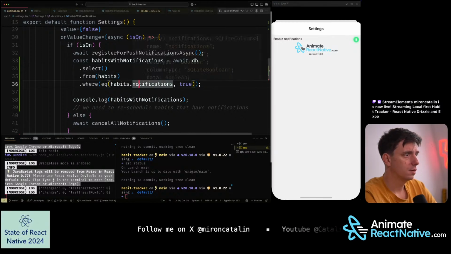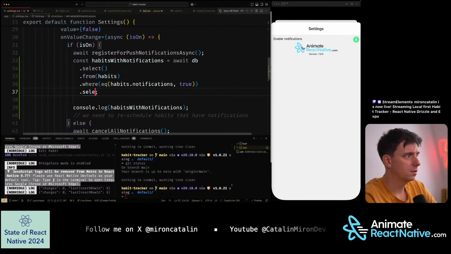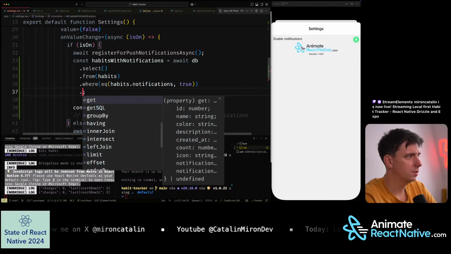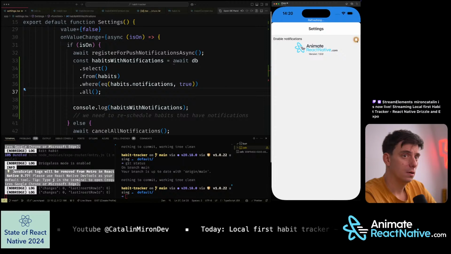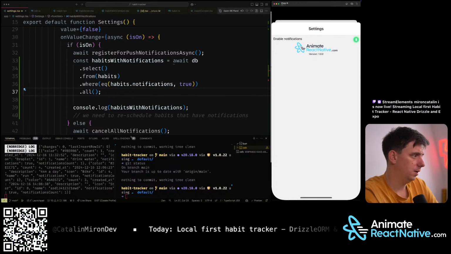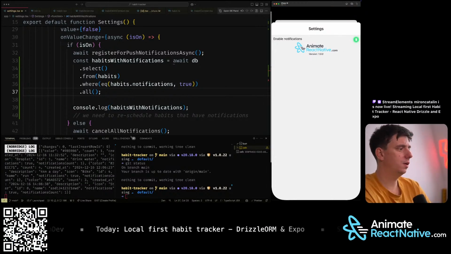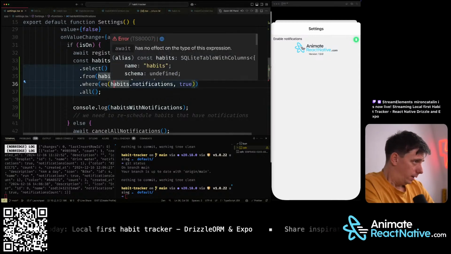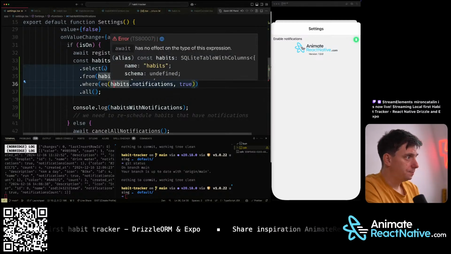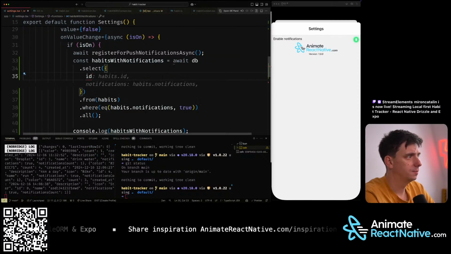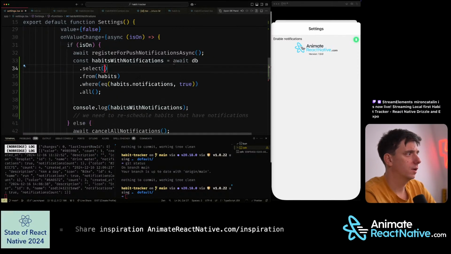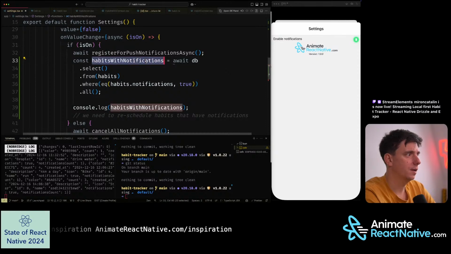Changes. Selector. What do I need to do? Is all? Okay. So I need to get the all. Can I do here select ID? No. Okay, so I have the habits and I need to